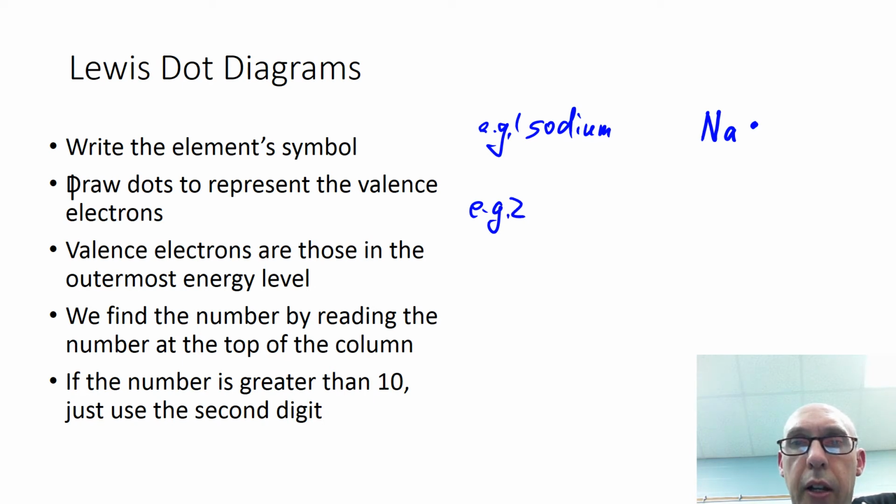Example 2. If I take something like aluminum, its atomic number is 13. I go to find atomic number 13. If I haven't already learned its symbol, it's Al. I go to the top of the column. I find it's in group 3, and so I place 1 dot, a second dot, a third dot. We try and imagine that there's a little box around it, and we put 1 on each side before they double up,